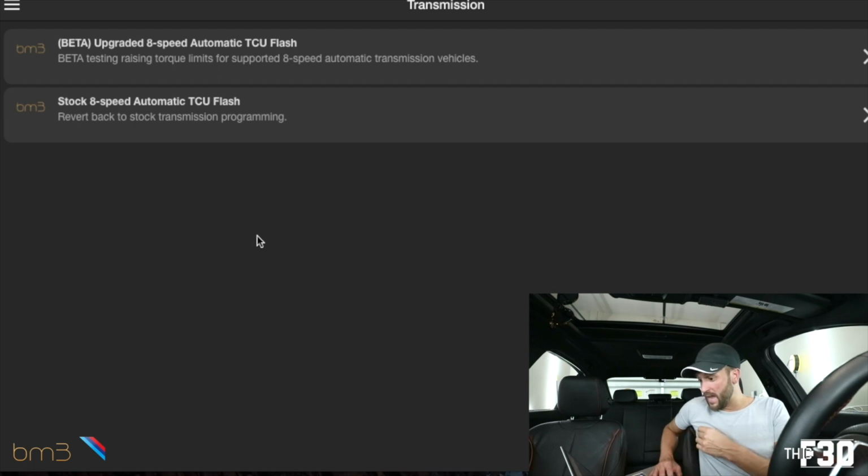So if you see beta, upgraded 8-speed automatic TCU flash, so it's still technically in beta. It's important that you guys are doing these updates anytime that Pro Tuning Freaks releases an update, so make sure you're staying up to date with that. We're gonna go ahead and select the upgraded 8-speed automatic TCU flash, beta testing raising torque limits for supported 8-speed